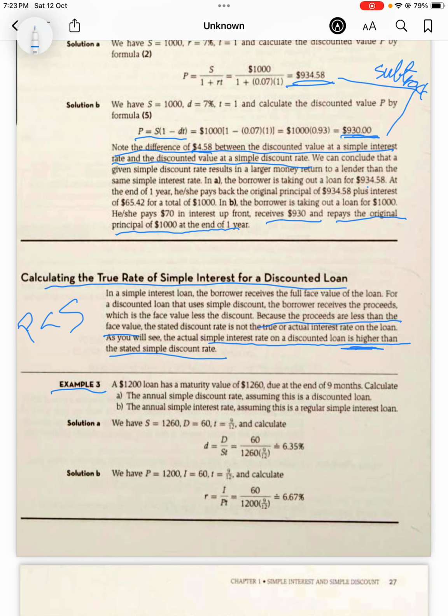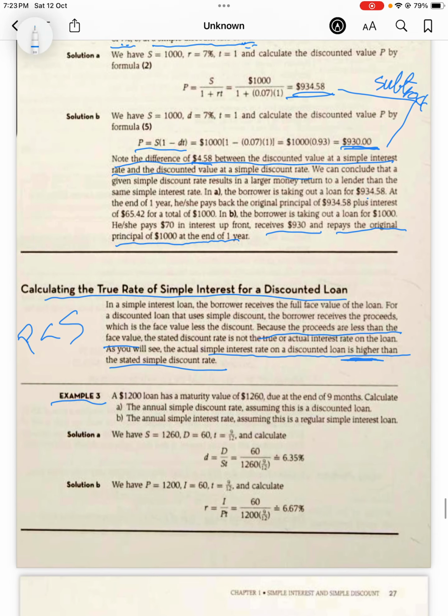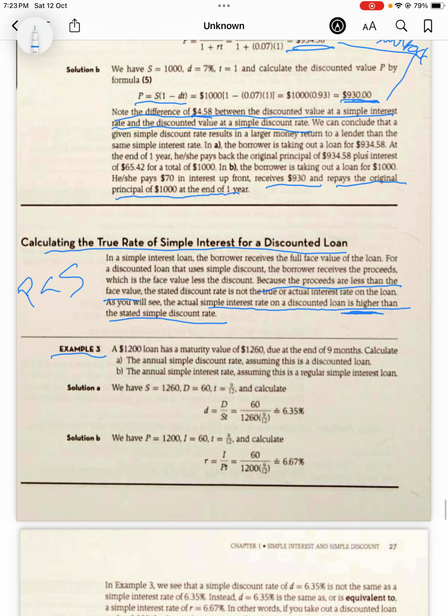Solved example number 3, page 26. A $1,200 loan has a maturity value of 1,260. This is S. This is B. Due at the end of 9 months,